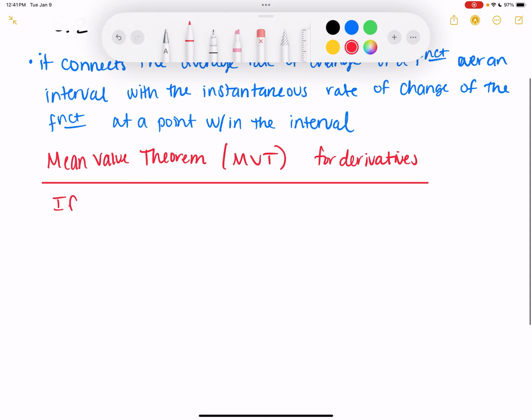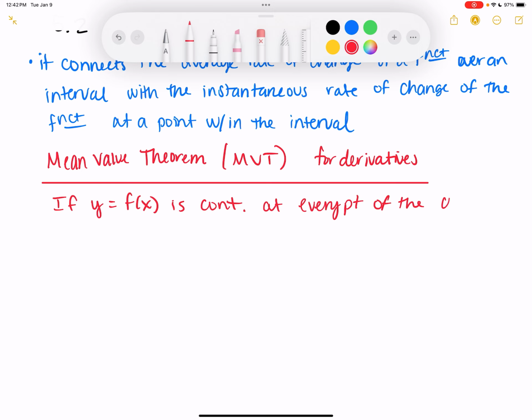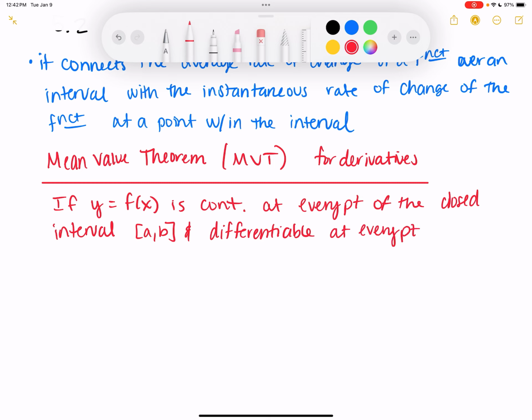It says if y equals f of x is continuous at every point of the closed interval a to b and differentiable at every point of its interior, so basically the open interval a to b, so just not including the endpoints, then